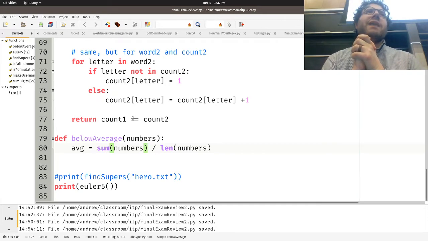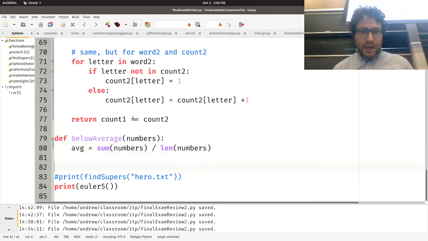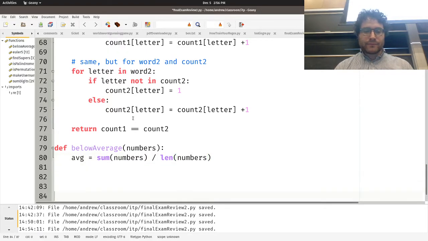Sum is a key word in Python. Okay, next we have